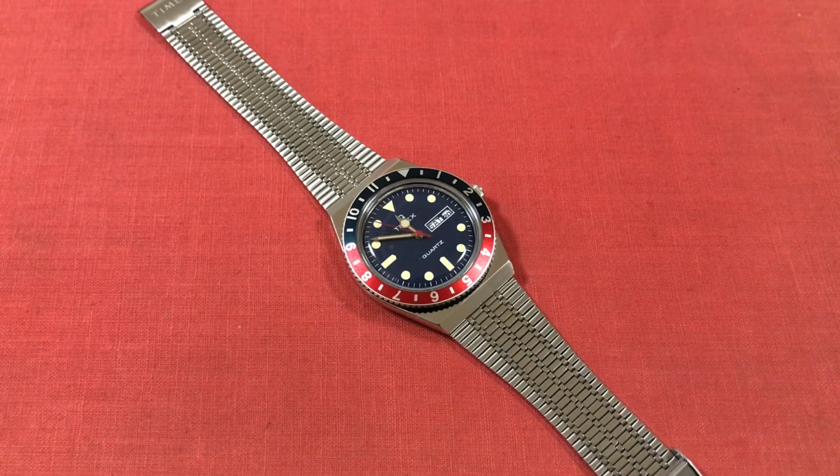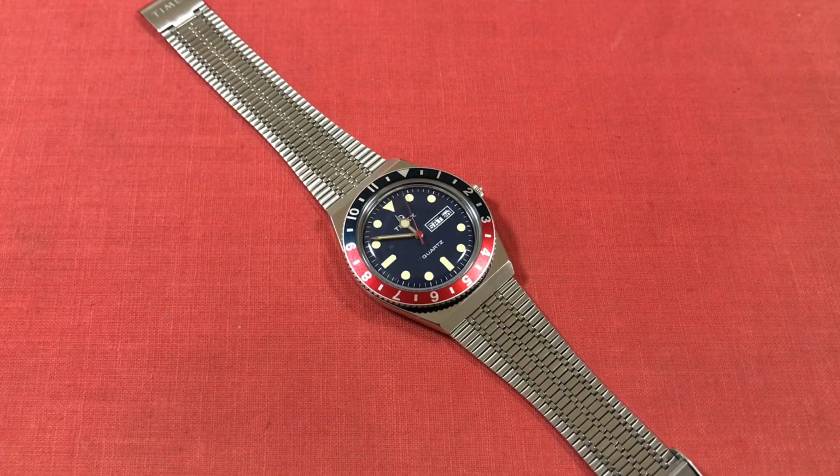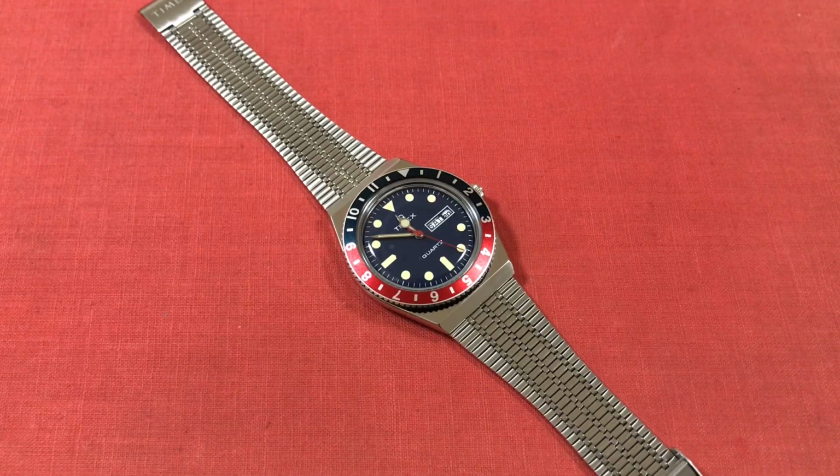I think that's one reason, and I think that is related to the second reason, and that's that Timex couldn't keep it in stock. Now, when this watch was released, it sold out insanely fast, and for months upon months after that, you couldn't get the watch. Now, you could find it on eBay and you could find it on Chrono24, but people were charging 2 and 3 times the retail price for it, and I don't know if people were paying that kind of premium for it, but people were trying to charge that kind of premium for it,